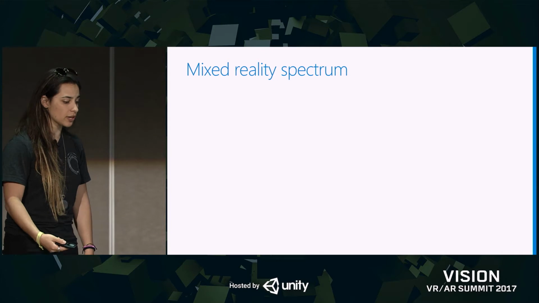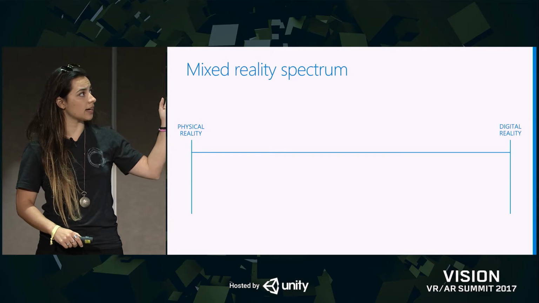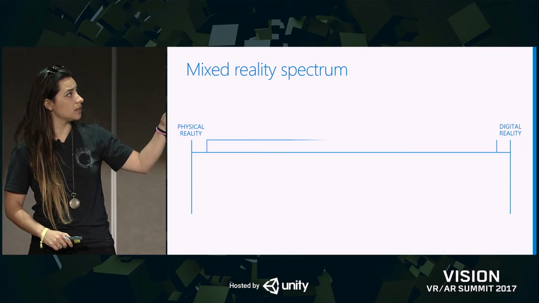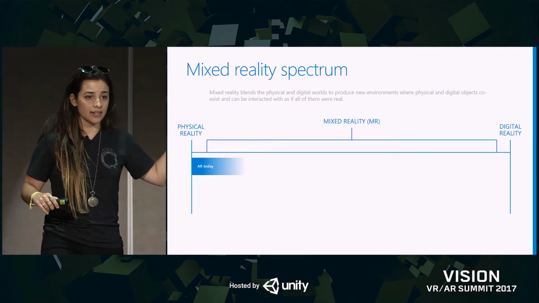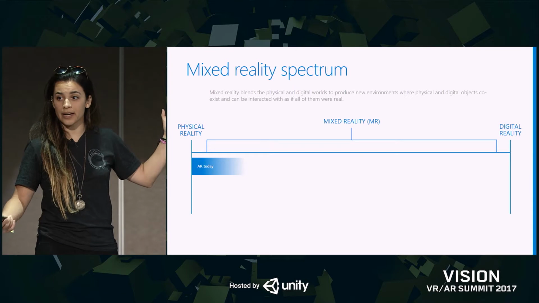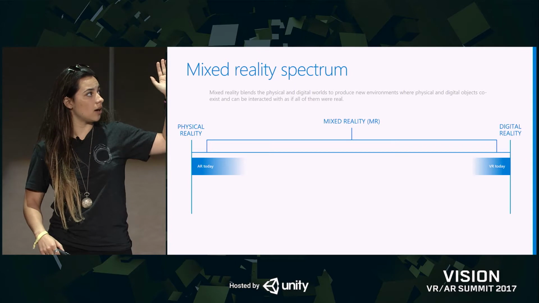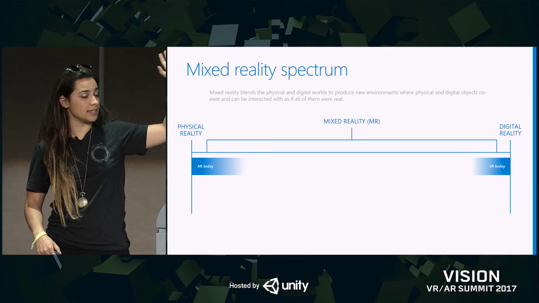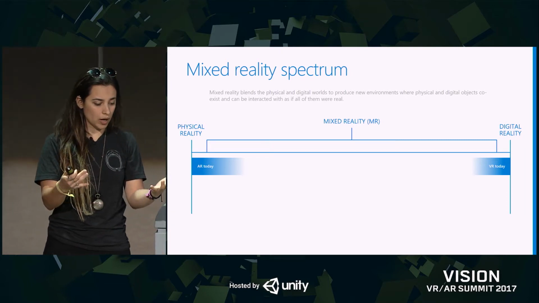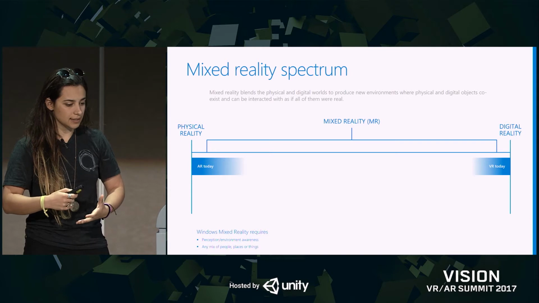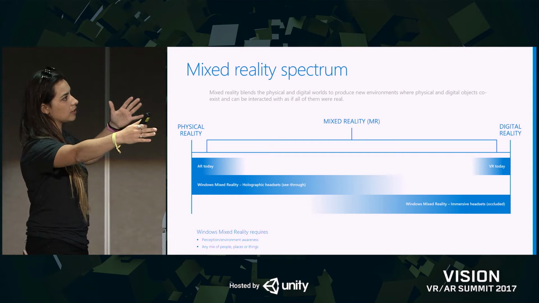And so we define mixed reality as a spectrum. On one side, again, the physical reality, and on the other, the digital reality. So there we go. The physical reality, we have AR on one side. So this is like your Pokemon Go, Euphoria, if you've stopped by their booth, has great technology for this. And then on the other end, today, VR is that digital reality. So when you put on your Vive, you're being transported to another world. And the cool thing about mixed reality is that you can kind of be placed anywhere along that spectrum.